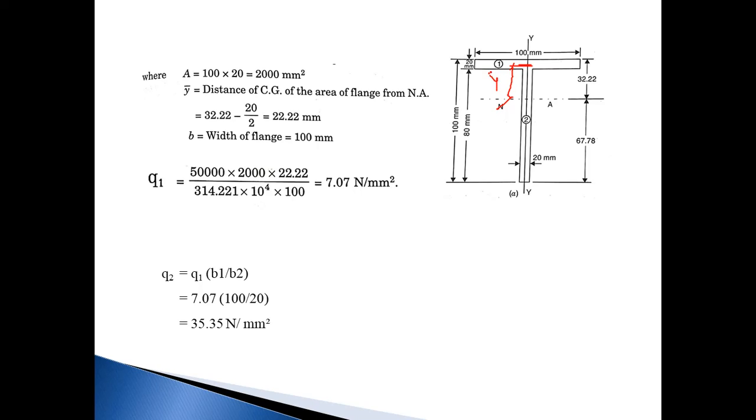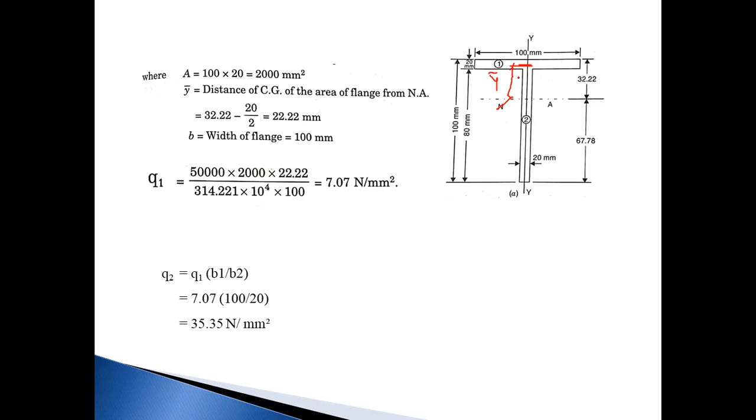Okay. Now B is equal to 100 mm. So now we know all the values, that is, we know the S value, the A value, the Y bar value, the B value, and the I value. So Y bar, now this is a 20 by 2, this is the CG of this particular area, means 20 by 2 is 10, and we know the overall depth of that neutral axis from the top side, that is